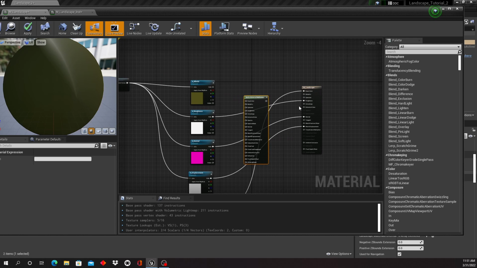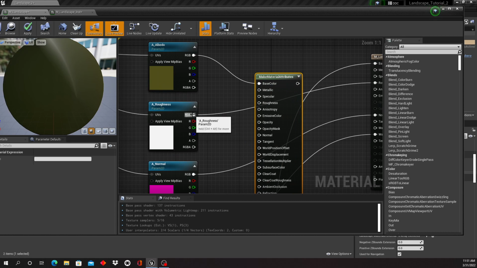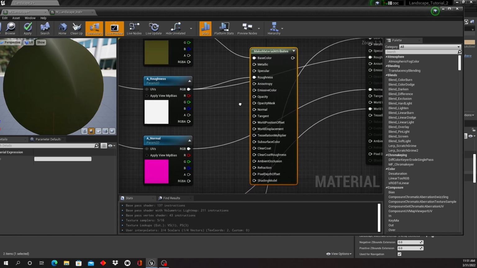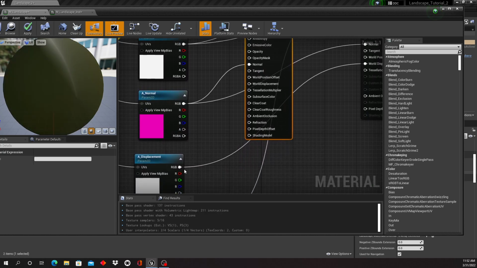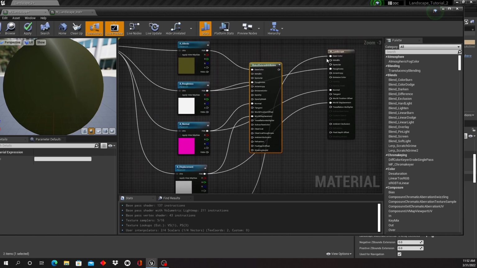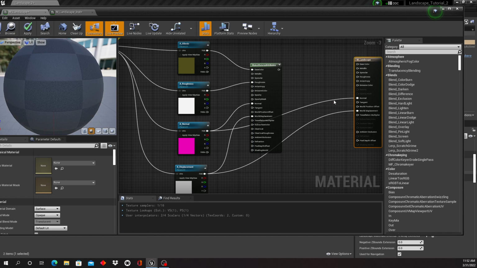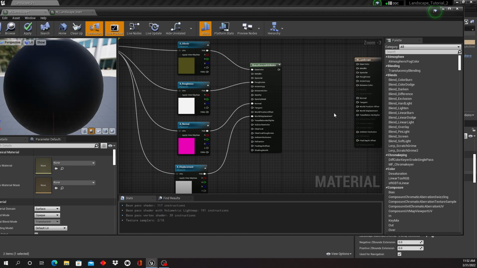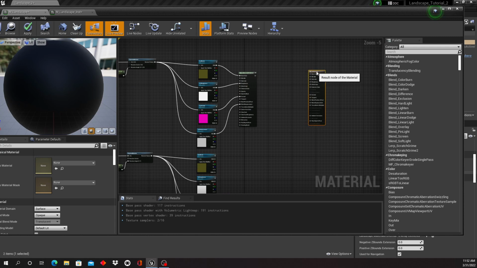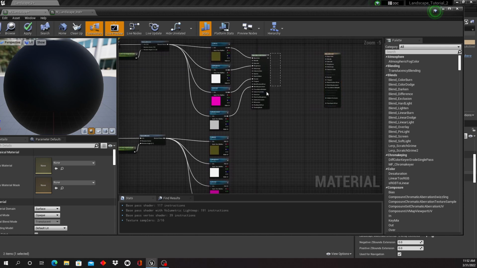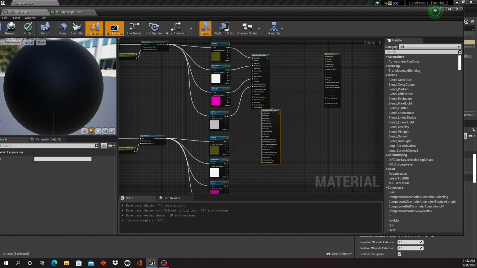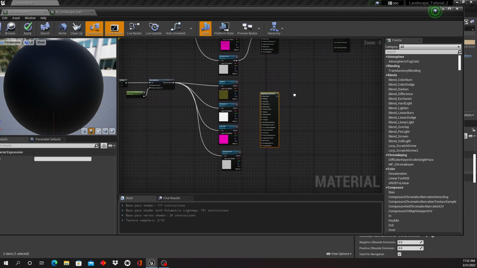So we can now go into here: base color, roughness, normal, and displacement. Good. We probably should disconnect this here now so it's not going to get confusing. We ultimately still have to patch it in here, right? But now we can take this, Control W for duplicating it, and patch this in here,